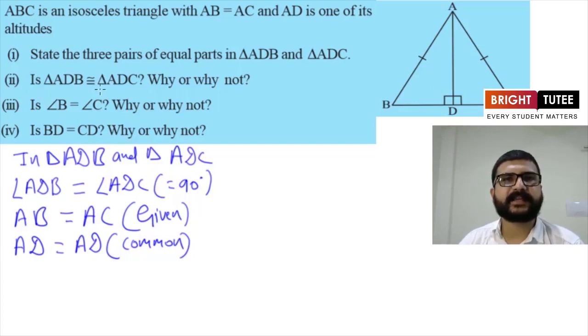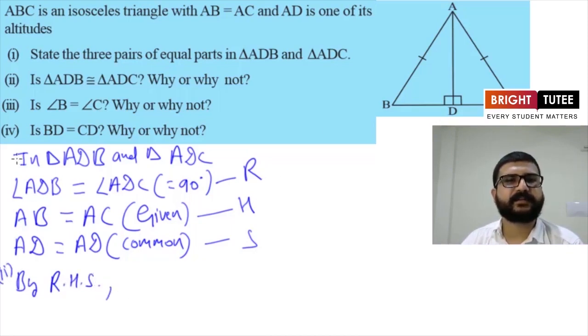Now the second question here is, is triangle ADB congruent to triangle ADC? So what do you think? Are they congruent? Now one thing is clear, that both the triangles are right angle triangles, as angle ADB and angle ADC are equal and they are 90 degrees. So these are right angles, and we are having AB equal to AC. Now see here, in triangle ADB, AB is the hypotenuse, and for triangle ADC, AC is the hypotenuse, and the hypotenuses are also equal. And then we are having AD equal to AD. One of the sides is also common other than the hypotenuse. So now it follows the RHS criteria. So we can say by RHS,